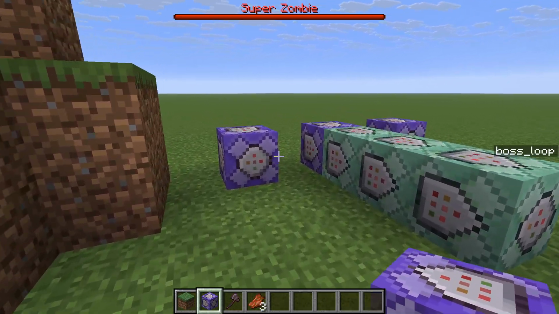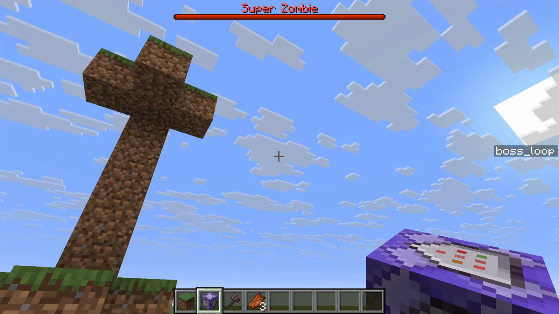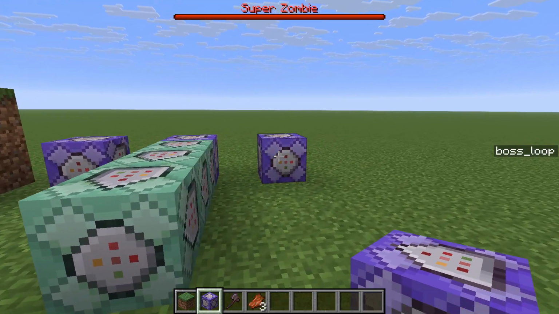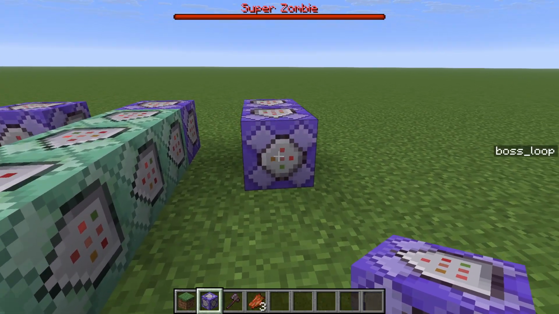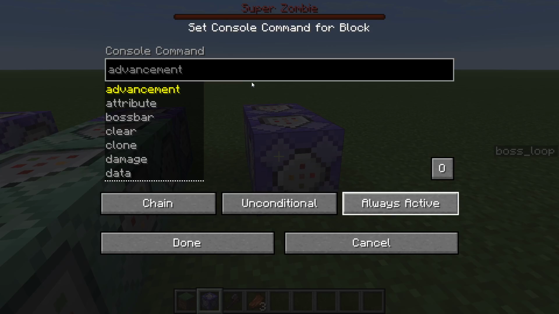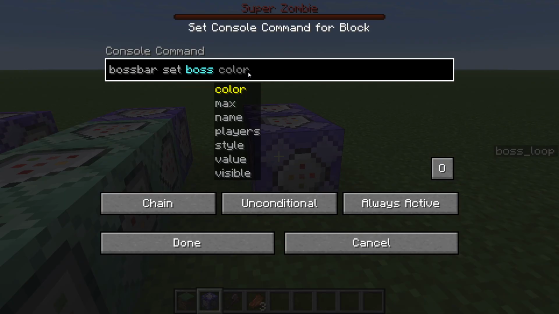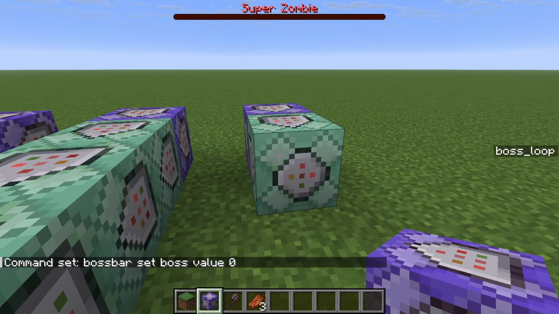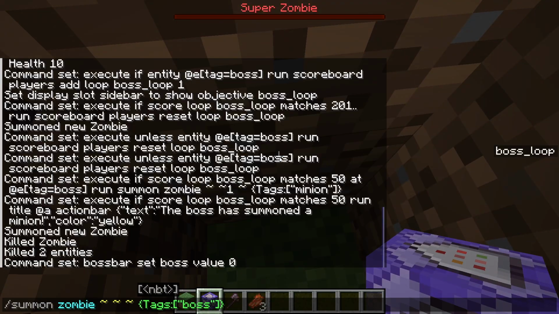Now the only problem is, though, as you can see above, our boss bar, not so good. So in our reset right here, we can do this chain, always active, boss bar, whoops, set boss value 0, and there we go. So now again, if we bring in our boss,